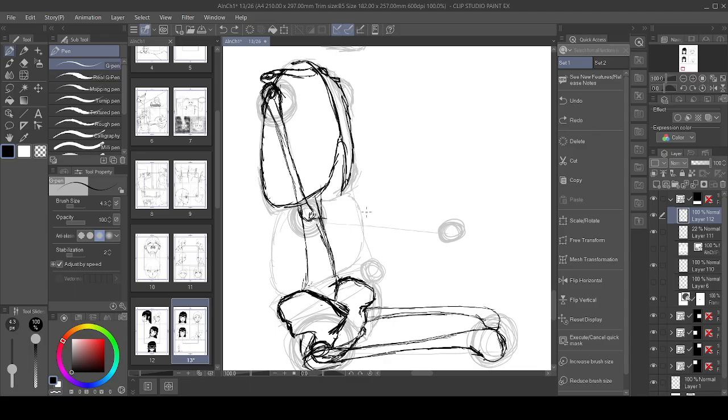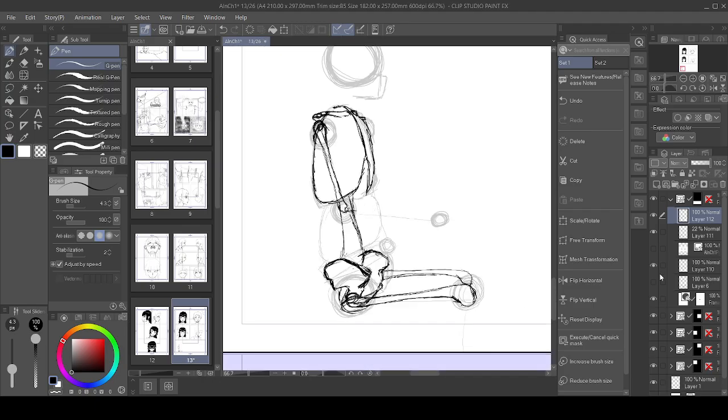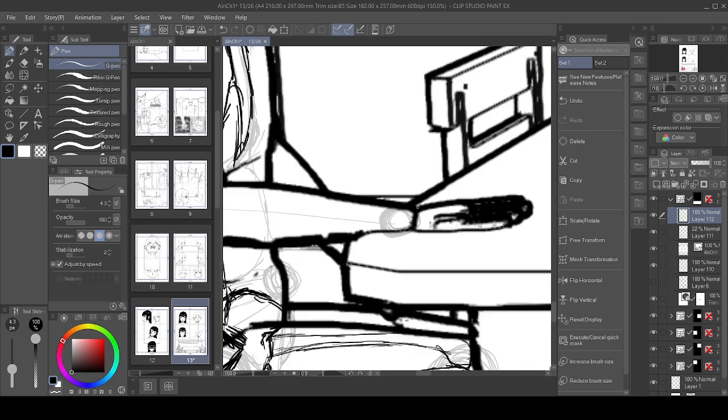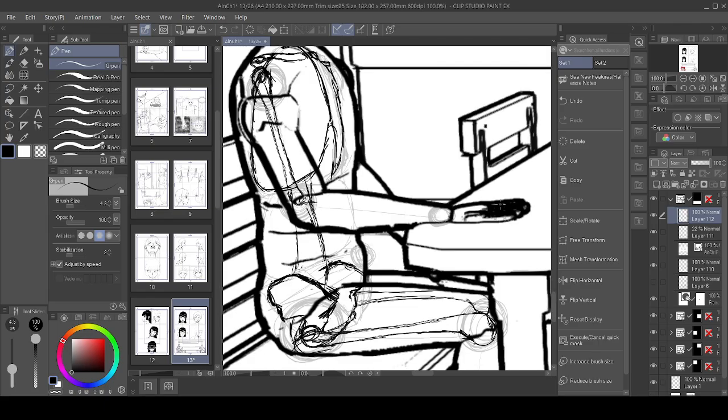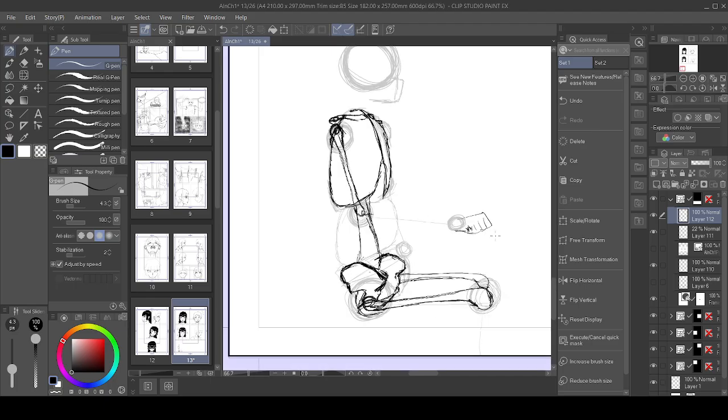Wait, no, hold on. So, what needs to be considered here is the fact that if I have the hand on the table like this, in theory, I don't want to have it flat like this. This is just for model reasons. But if I have it like, say, a fist or something, two, right? Not the greatest fists, but you get what I mean. If I have it in like a fist or something,